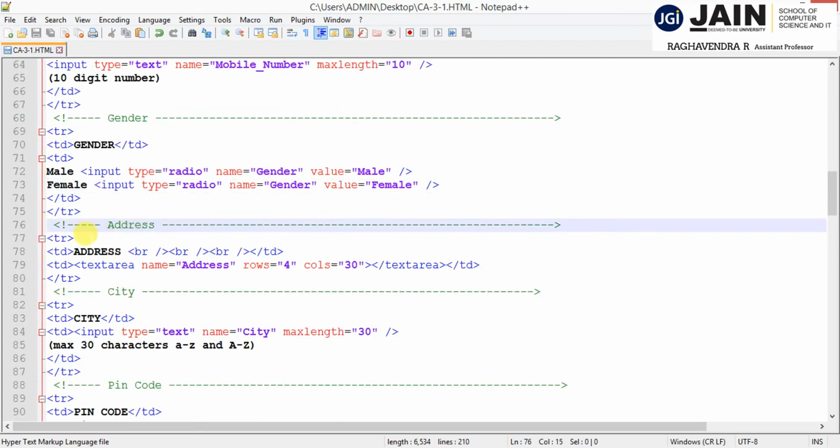Then address, I'm creating one more row for address. Here I'm taking the text area, because simple text is a single line text. When I'm taking the text area, it's multi-line text. So the address has to be entered here. Name equals address, rows and columns: by default I'm taking 4 rows and 30 columns,